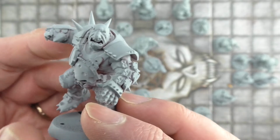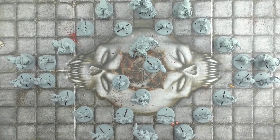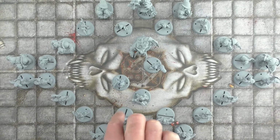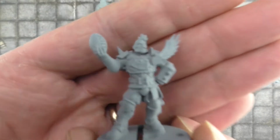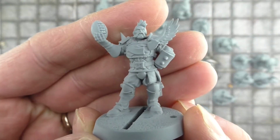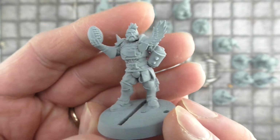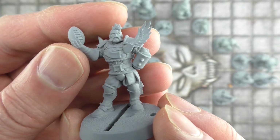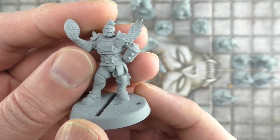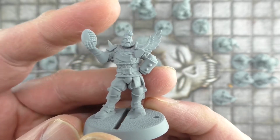And he has got a mean old expression on his face as well. So we're off to a good, albeit familiar, start. The first of the nobility ones, the Imperial Nobility figures, and I just dig this so much. Normally I don't care to see a football included as part of the sculpt, but this one really makes it. I think there's an elf one as well that has a similar kind of pose and arrogance, but